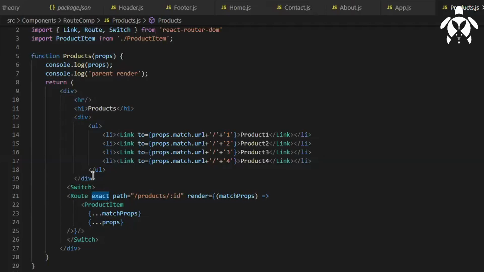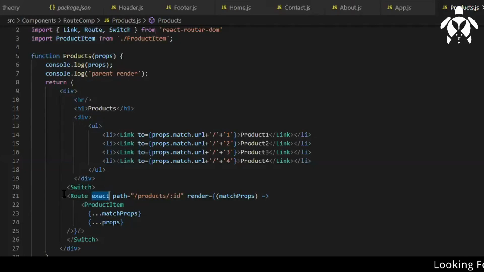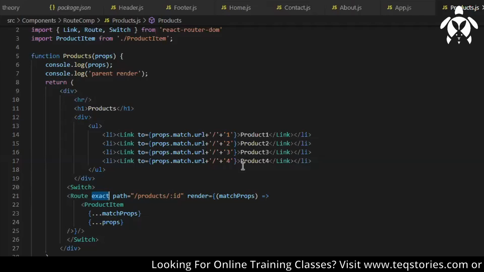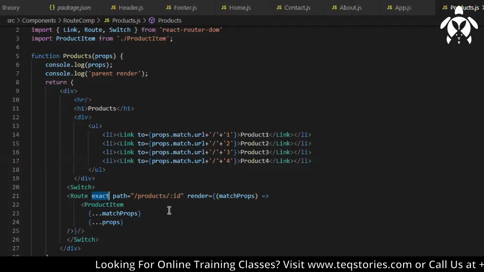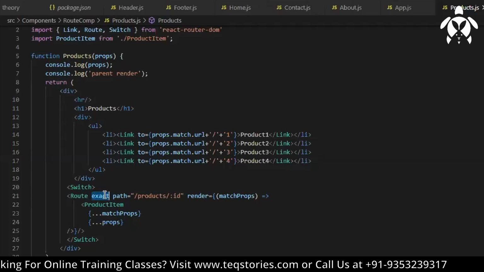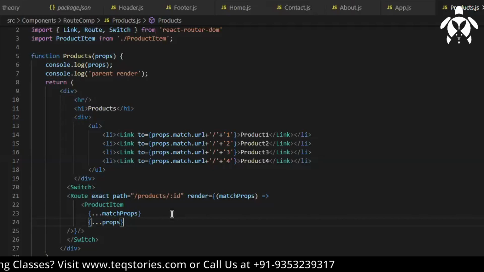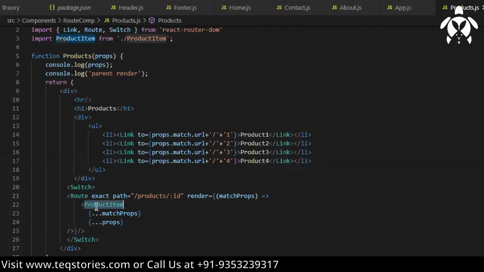So that is the reason it was always going to the Products component. It was not displaying this ProductItem. So I added exact. Whenever I clicked on a product item like product 1 or 2, it was rendering Products only. So I understood that it was matching with that URL, and I need to write this exact. Whenever it finds that there is a route parameter, it is going to render ProductItem.